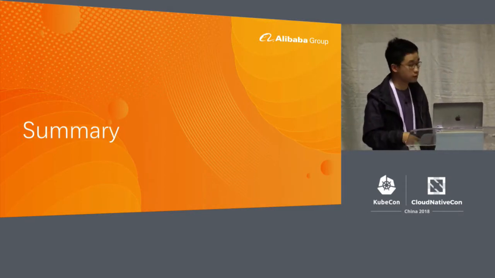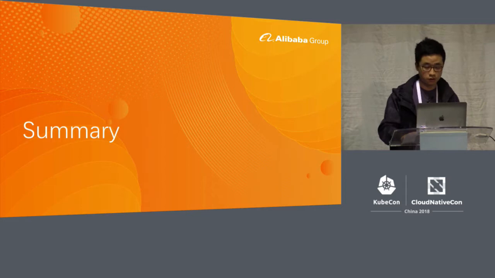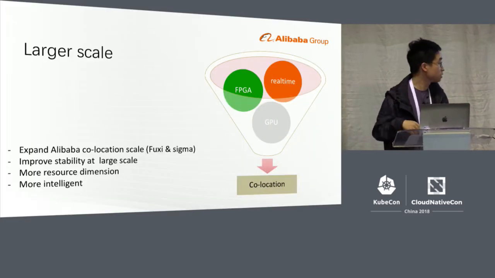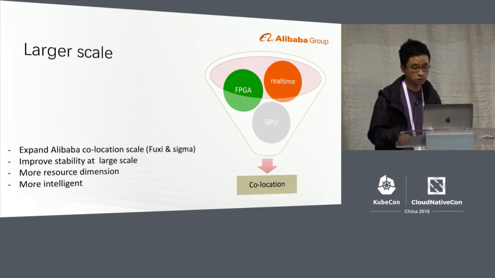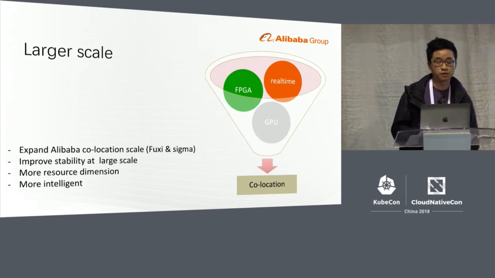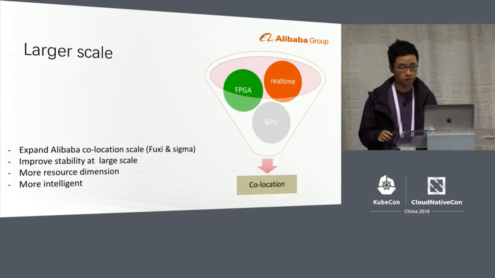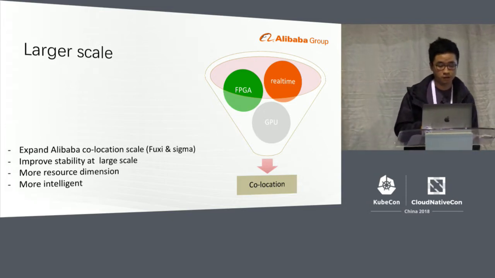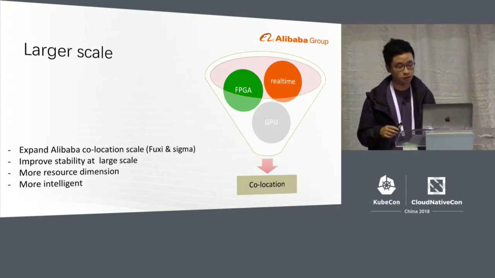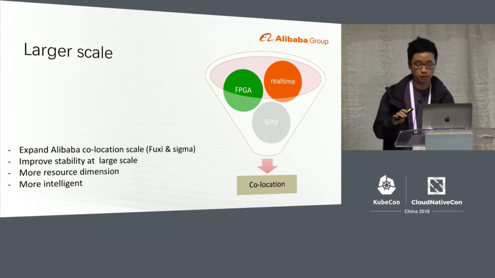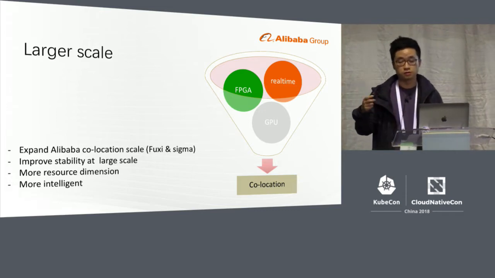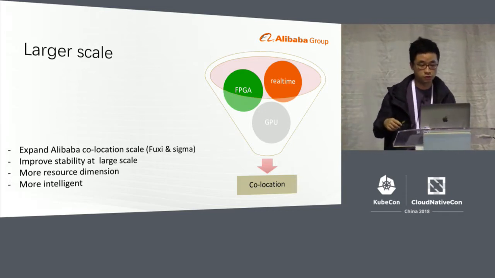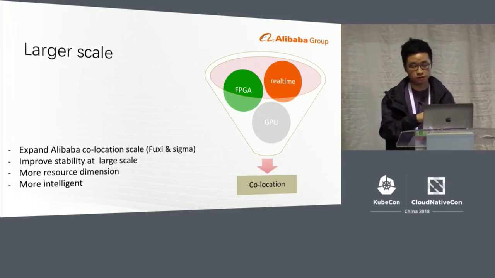So previously I've talked about the Kubernetes and Docker difference. I want to do a summary of our session here. Because co-location in Alibaba is fairly mature, but it was not fully used in all the capacity of the Alibaba, and the Fuxi and the Sigma team, historically speaking, were developed by two different teams. So if we want to do co-location in Alibaba Group, it still takes a lot of time. There's still a long way to go.